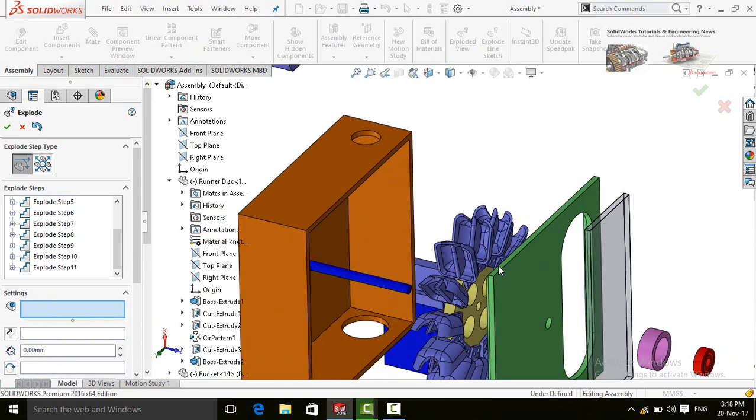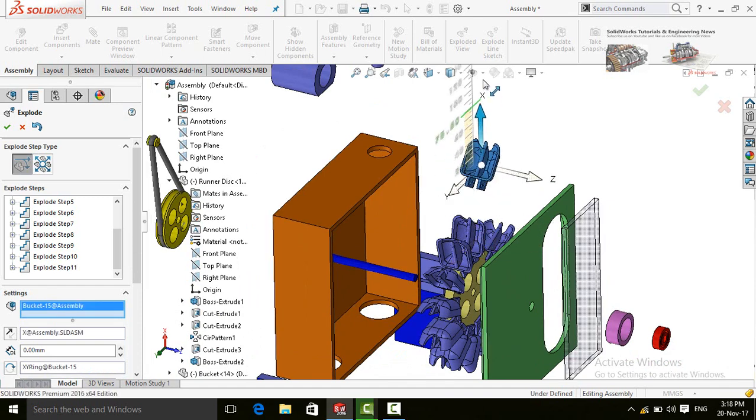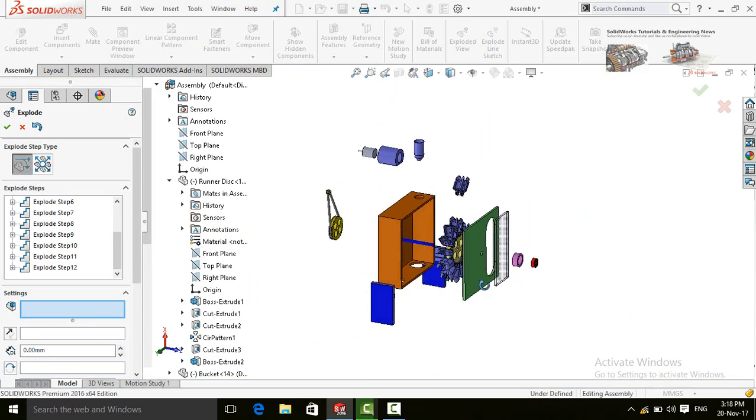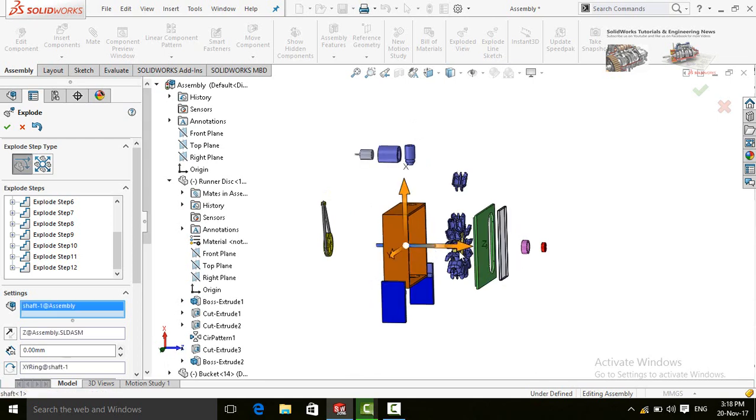Now removing only one bucket. And then the shaft.